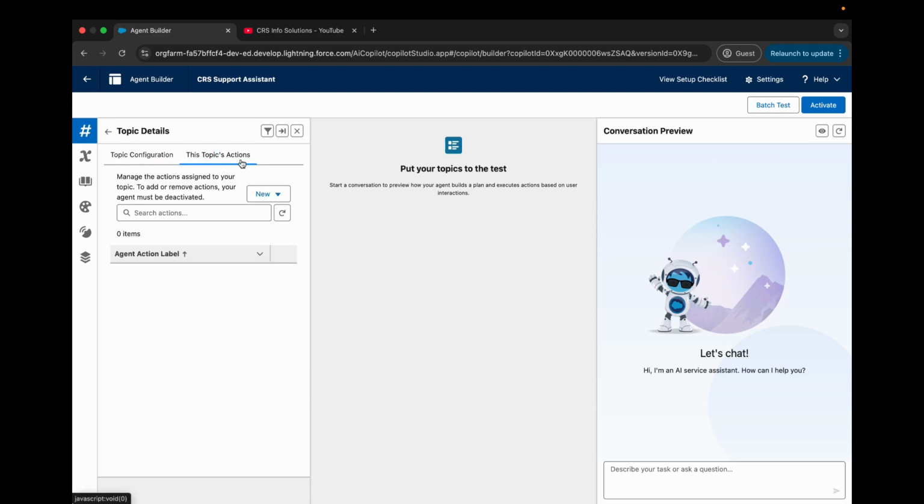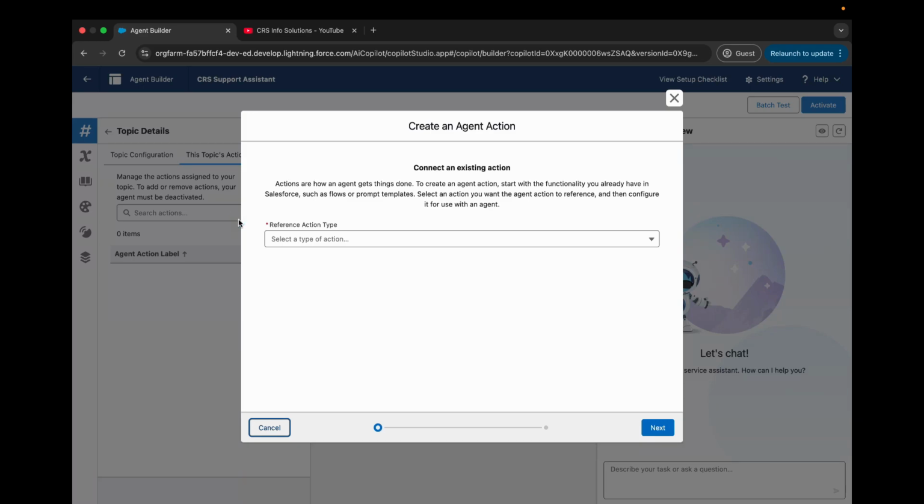And in these topic actions, we will click on new and we will create a new action. So from this screen,